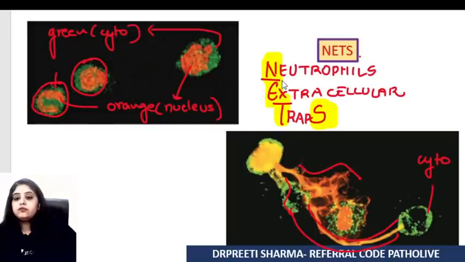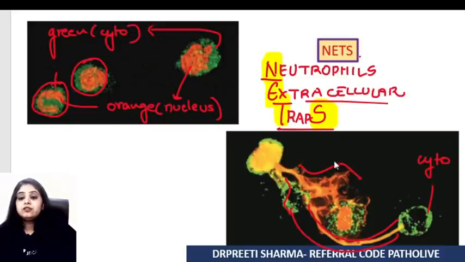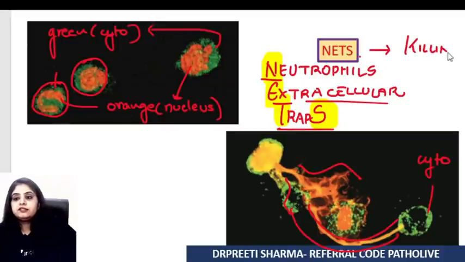So see, the neutrophil has sent its nucleus where? The nucleus has been sent outside, extracellular. Why? It's gone to make a trap so that whatever bacteria, virus, parasite, fungus, whatever is here, a trap is made around it and killed. So is this a kind of a killing process?